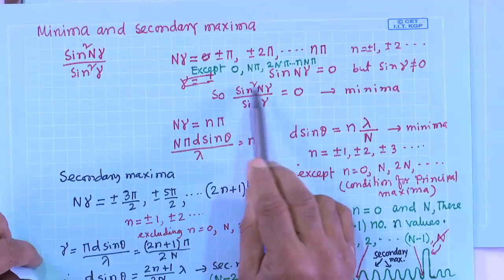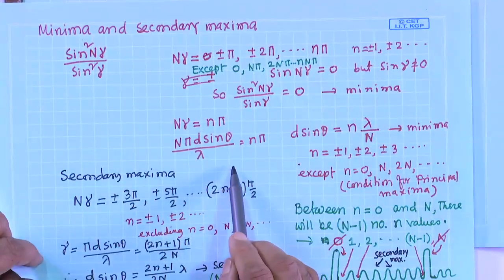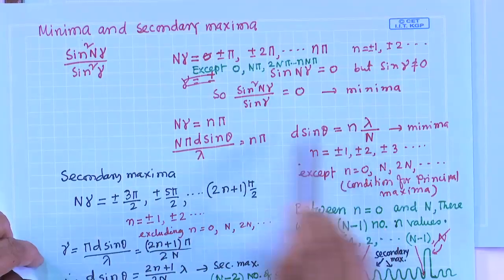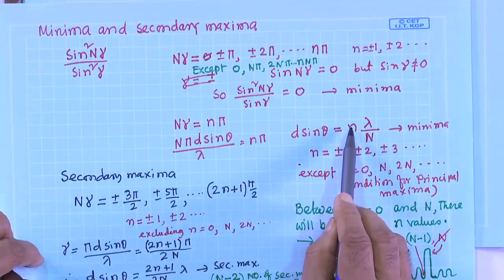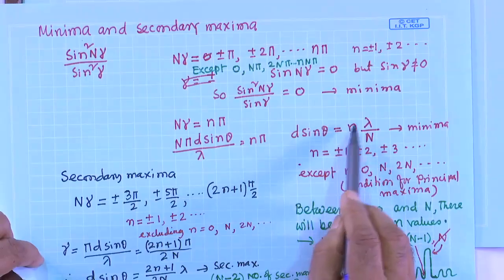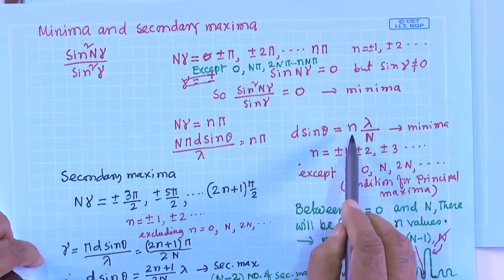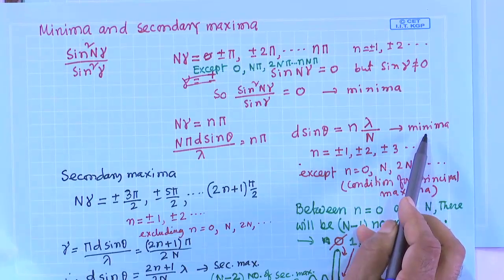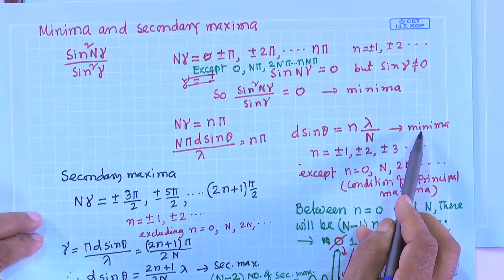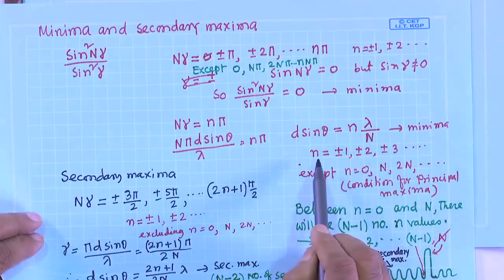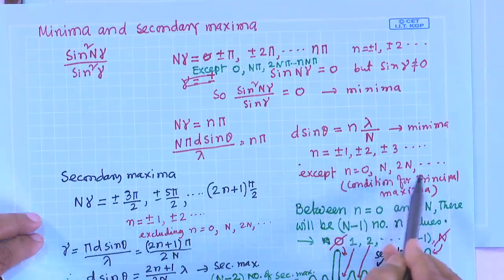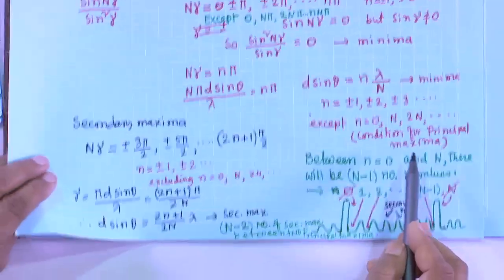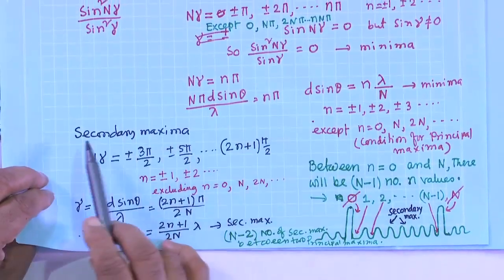Okay. So, this is the condition for minima, and that condition is d sin theta equal to n lambda, divided by capital N. That gives the condition for interference minima, where n equal to plus minus 1, plus minus 2, except 0, capital N, 2 capital N. That is the condition for principal maxima. Okay. And secondary maxima,